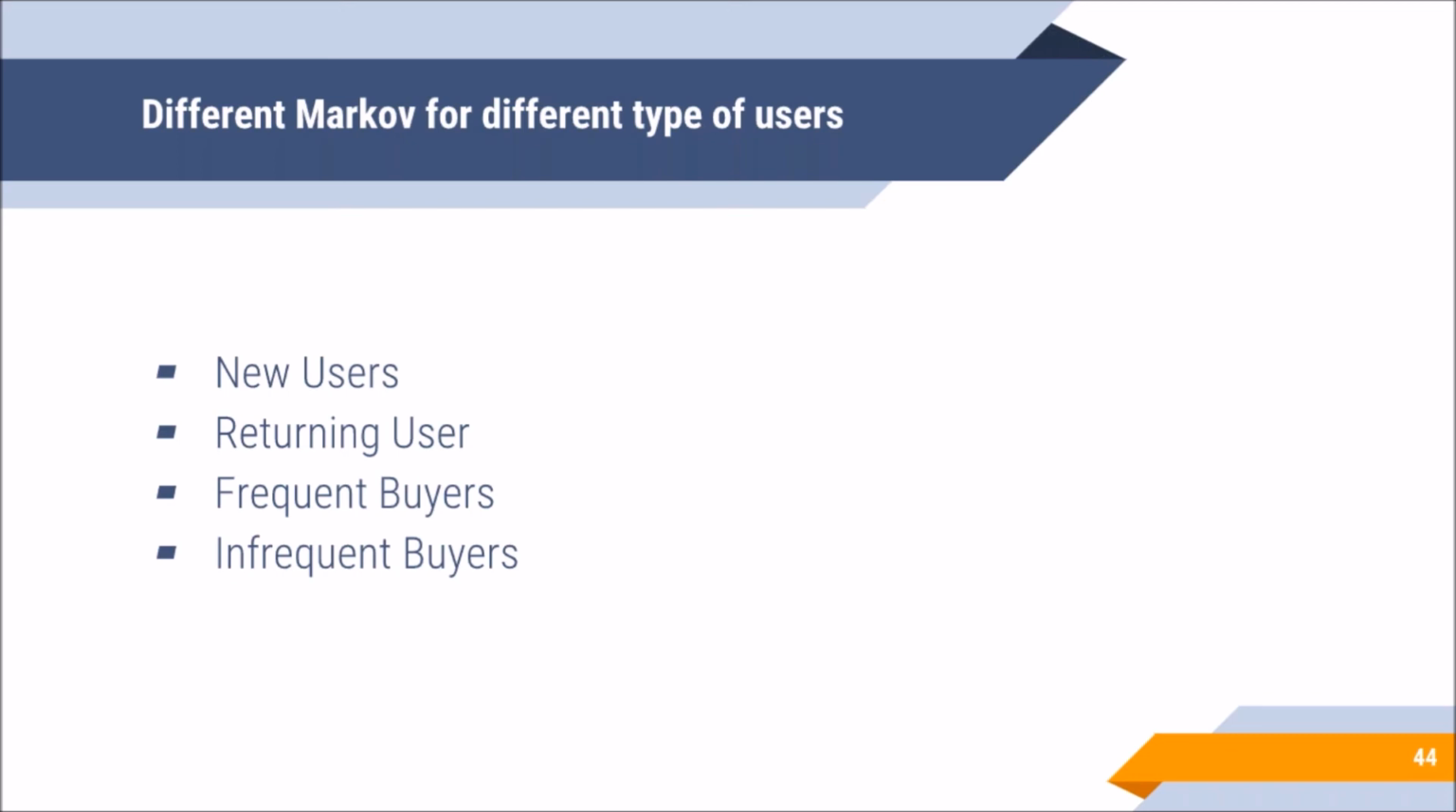So obviously the new user is going to use more features than the returning visitor. Similarly, frequent buyers have comparatively shorter user journeys than infrequent buyers as well. So designing one Markov model for all of them wouldn't give us concrete insights for this type of user. Some of the features that might be important to new users may not be as important to returning